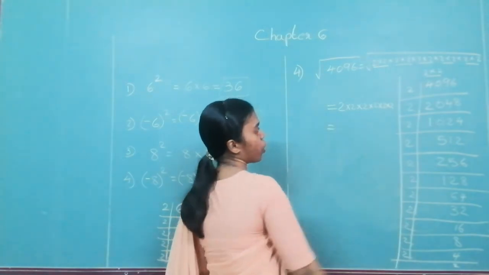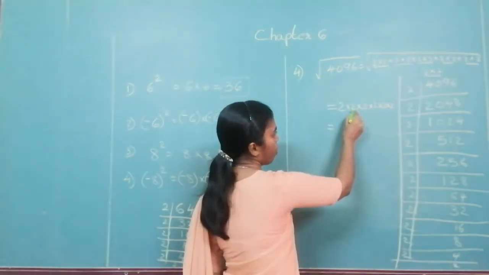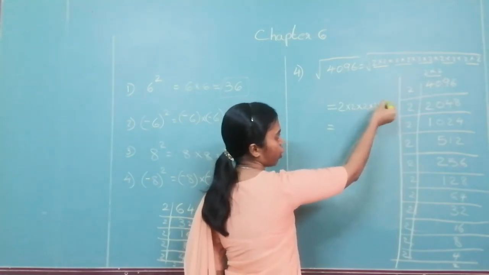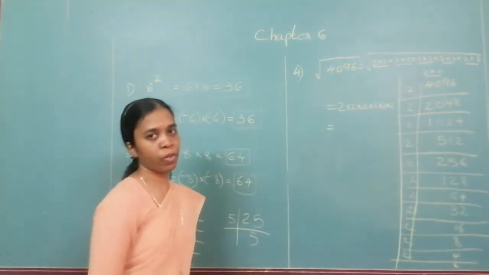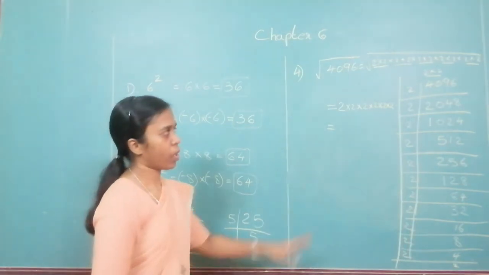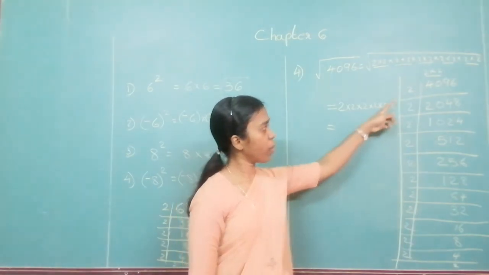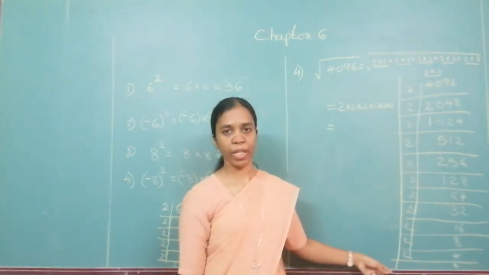Okay. So that is equal to. Multiply and see what you are getting. 2 2s are 4, 2 2s are 4. Again 2 multiplied by 2. What will be the answer? 4096. I will come to that. I suppose this part is clear to you. In this case, what happened? Only 2's are the prime factors.